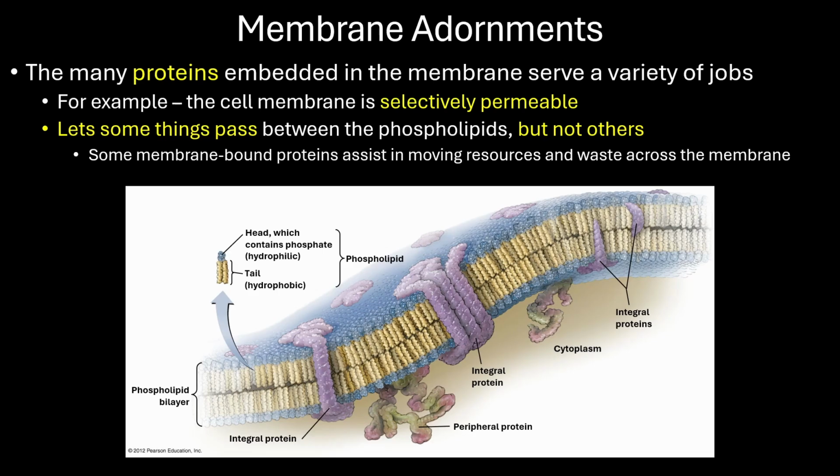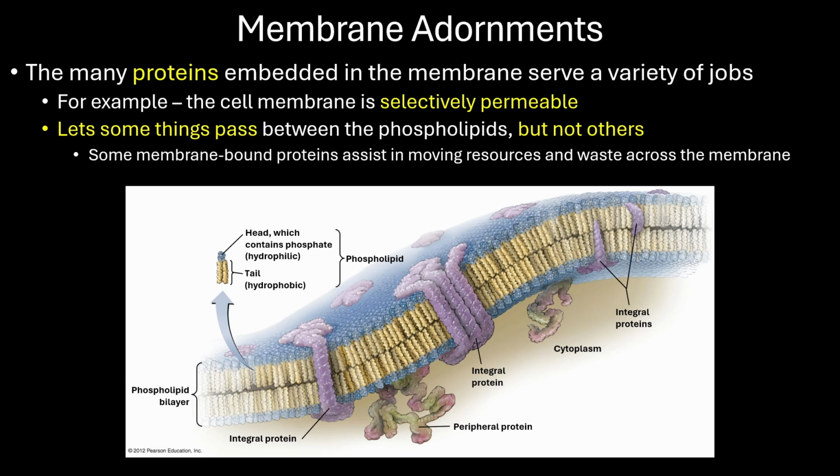Now, a lot of these embedded proteins have as one of their main jobs moving material, because the cell membrane is what we would call selectively permeable. On its own, without all these proteins in it, this phospholipid bilayer allows some things to freely pass between the phospholipids, to squeeze through the cracks, but not other things. Things like dissolved gases like carbon dioxide and oxygen can usually move through these cracks. Also water,